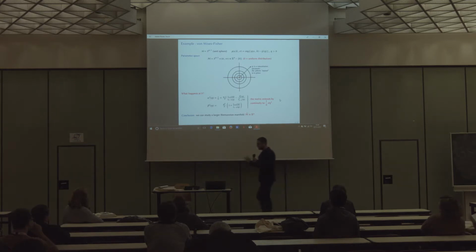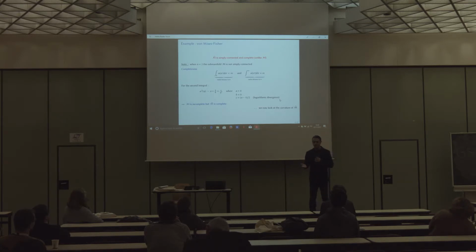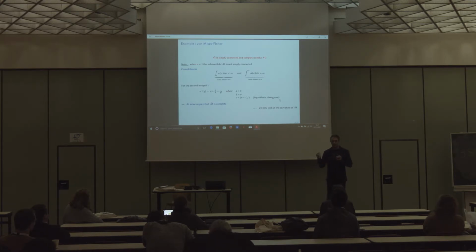And we are going to see that this is a Hadamard manifold. So to begin, it's simply connected and it's complete, unlike the punctured space. Indeed, for simple connectedness, Rn is simply connected for any value of n. However, notice that for n equals 2, if we exclude the point at the origin, we lose simple connectedness. So you already see the importance of including the origin. Going on to completeness, we have our two integrals, distance to 0 and distance to infinity. The first integral converges, in fact, and this means that it is possible to escape our parameter space M at 0. But this isn't a problem because M hat contains 0.